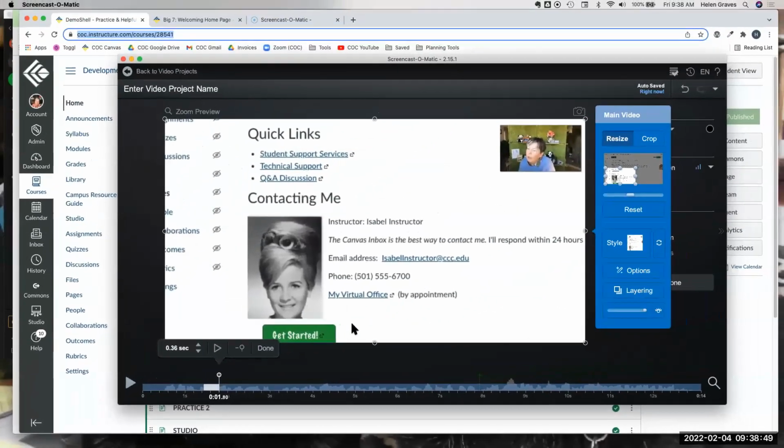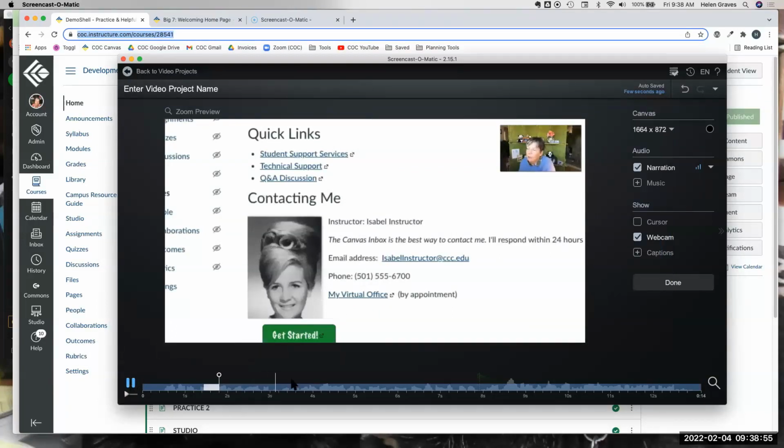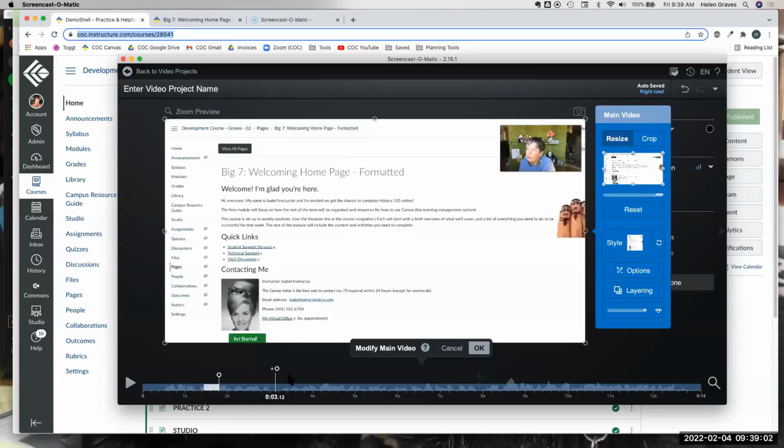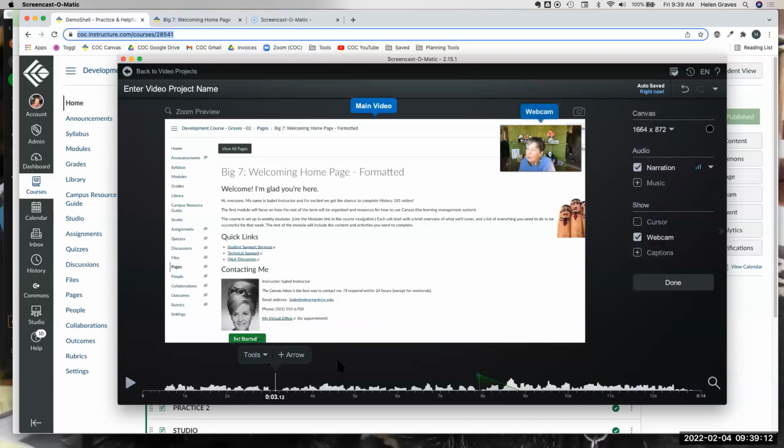And let's say I want it to go for, and I can watch to see how long I want it. On the home page, and then I stop. I want to reset it so it zooms back out. So I'm going to reset. I'm going to click the little circle so it knows where I want the reset to happen. And then I'm done. And it makes me say okay twice. So now let's watch what that looks like.